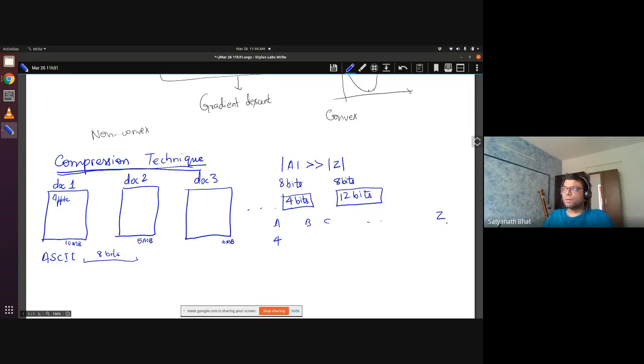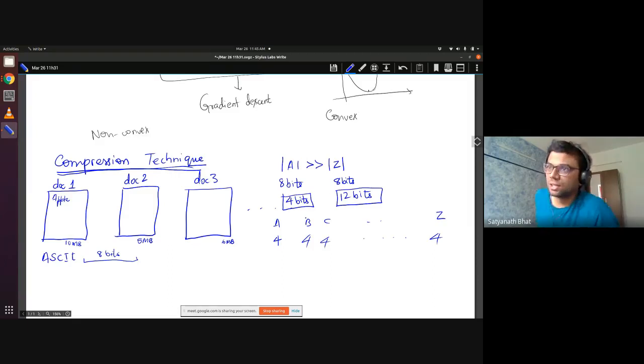Otherwise I will reduce everybody's, right? What is the problem? I will make everyone 4 bit. That's not possible, right? Someone has to give up. Yes, sir, understood. I'm not telling you very technically correctly, but suppose in order to reduce the number of bits for A, I have to increase the number of bits for B. It makes sense intuitively, because you cannot reduce for everything and expect to be able to encode the entire document set just by reducing.